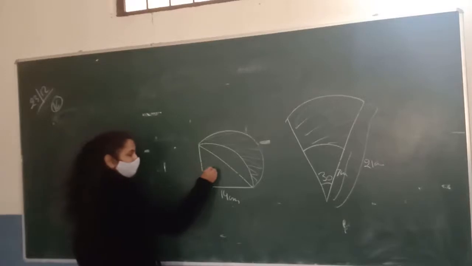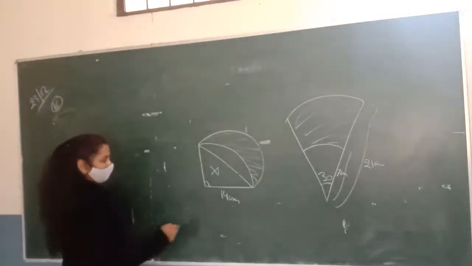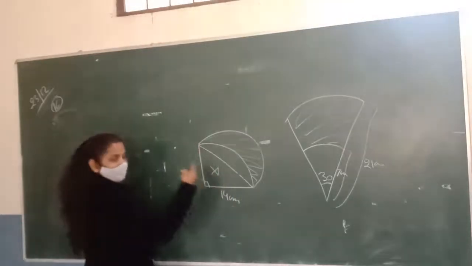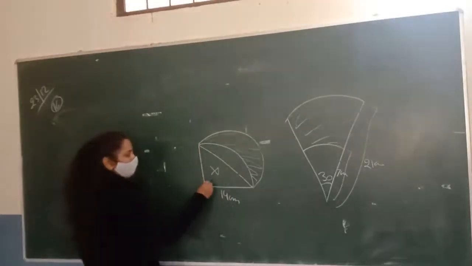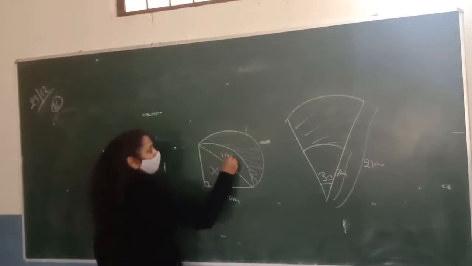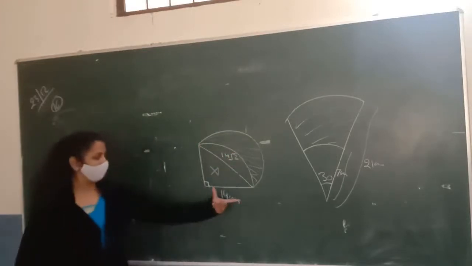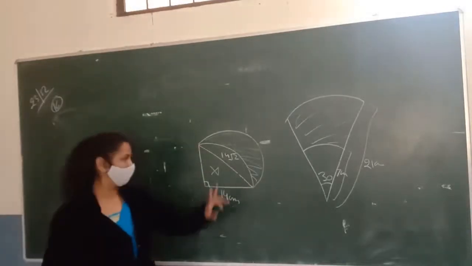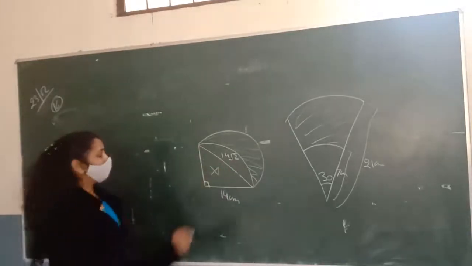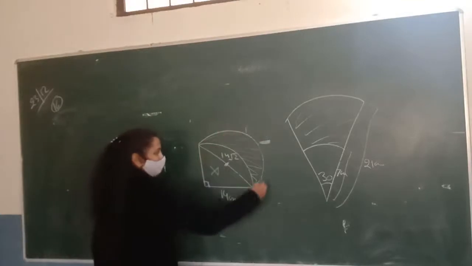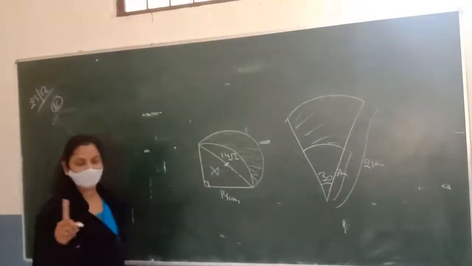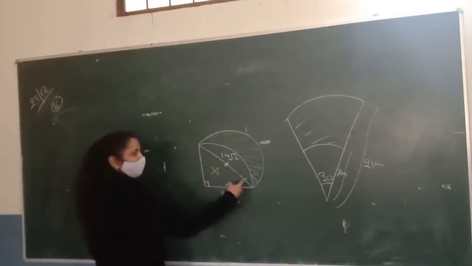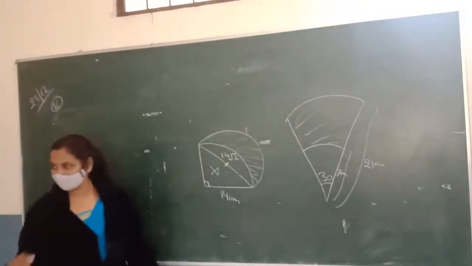You can find the area of this triangle. First of all, we will find the side of this semicircle, that is the diameter of the semicircle. By using the Pythagoras theorem, it will be 14 root 2. The sides are 14 and 14, and you can find the length of this side by the Pythagoras theorem. It will be 14 root 2. Means the radius of the semicircle will be 7 root 2. If this whole side is 14 root 2, what is the radius of the semicircle? It will be 7 root 2.